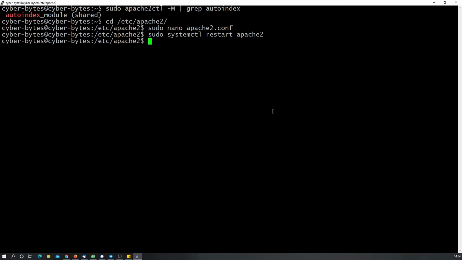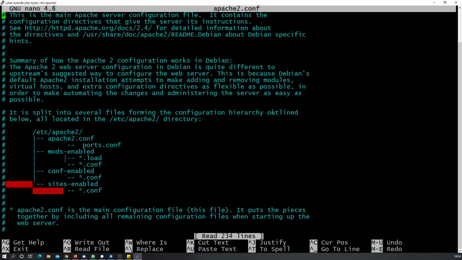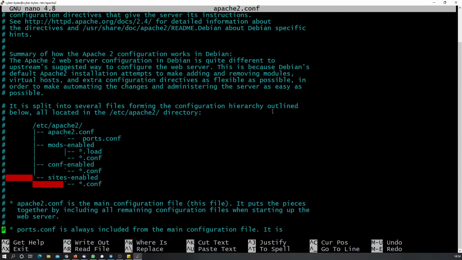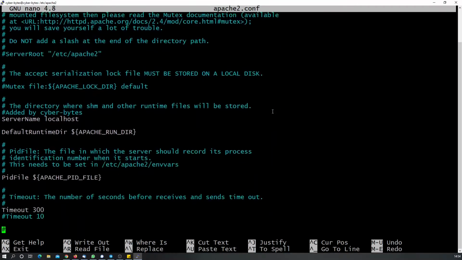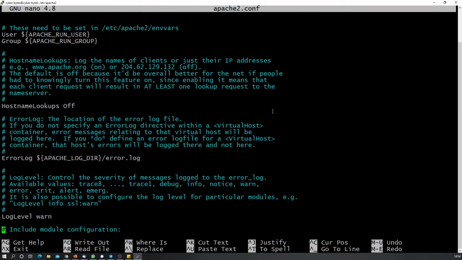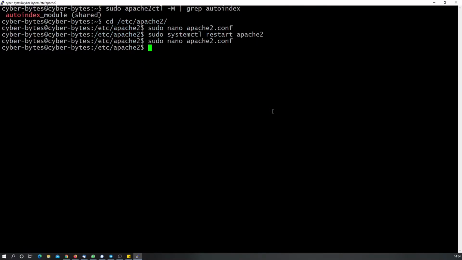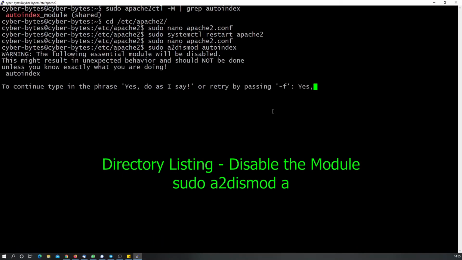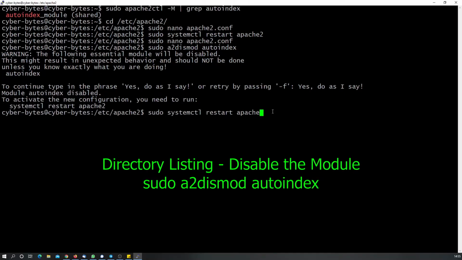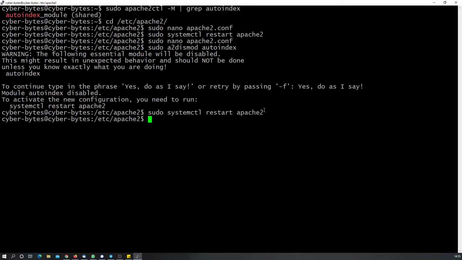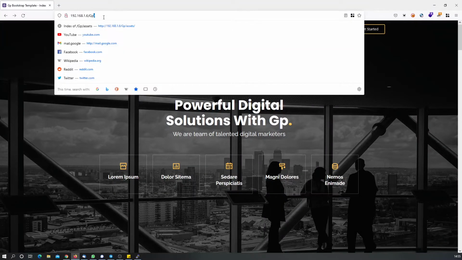So what I will do, I will just go to this file and enable this insecure configuration just for demonstration purposes. Now, no, I will do one thing. I will first disable this whole module altogether. So sudo, and I am restarting my Apache instance. So I have disabled this module altogether, and if I try that again, certainly I won't be able to get that.